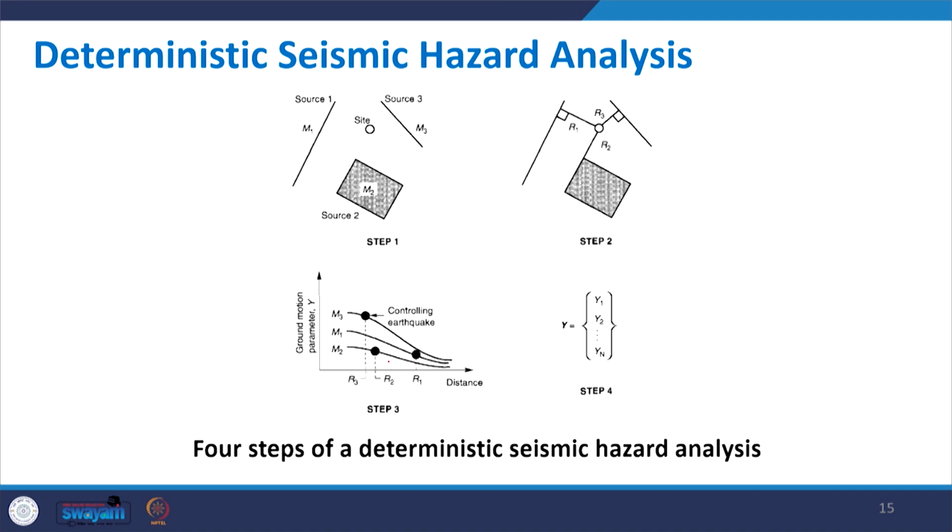R1 has more magnitude than R2, this M2, but its distance is higher. Anyway, it is very clear out of these three data that the governing earthquake will be the third one, M3 at a distance R3. Now, on the basis of this you determine ground motion parameters Y, as we already discussed,